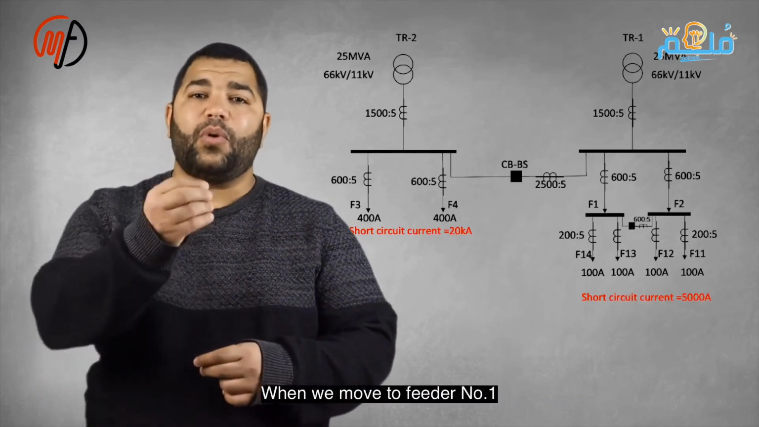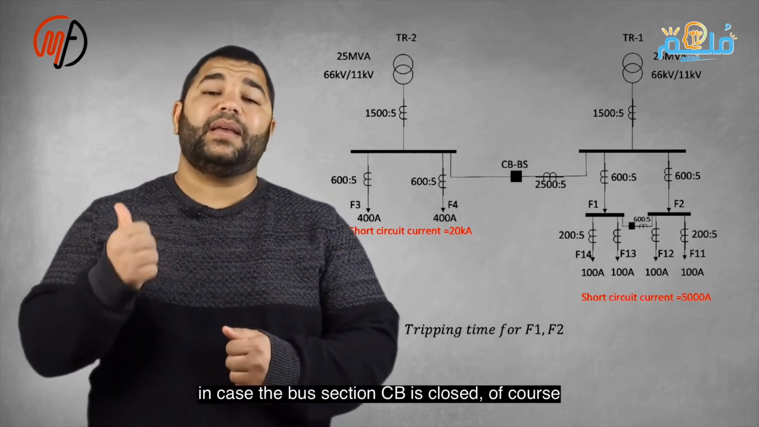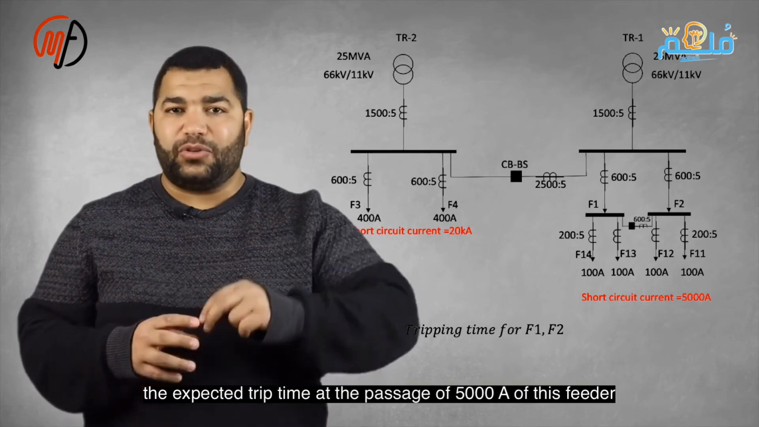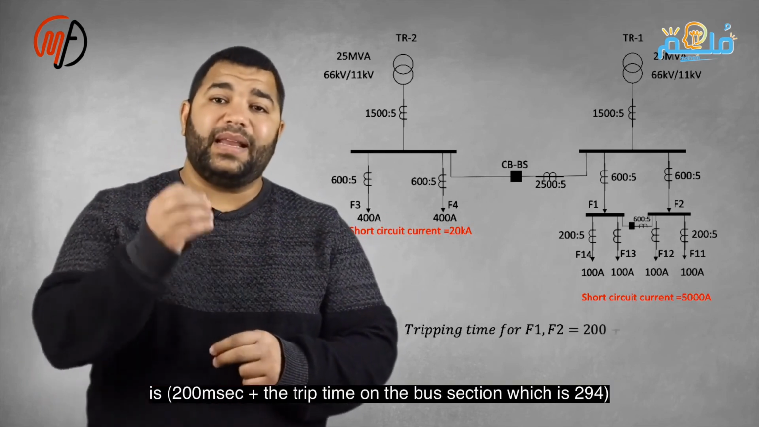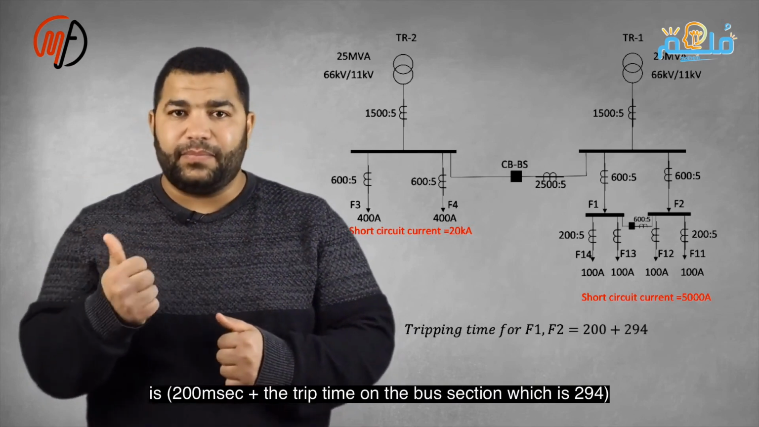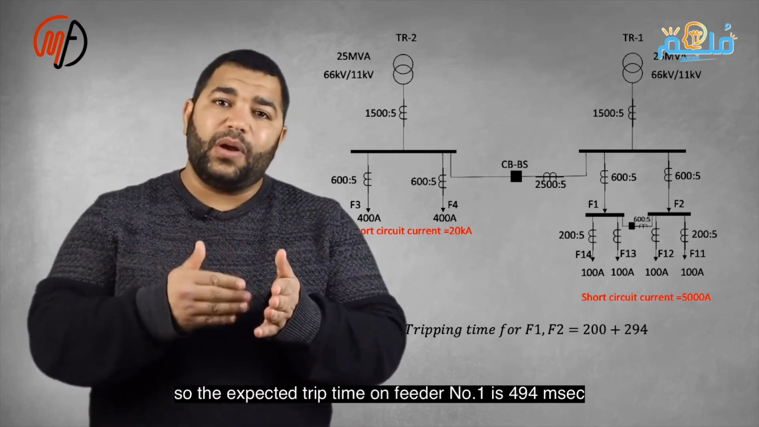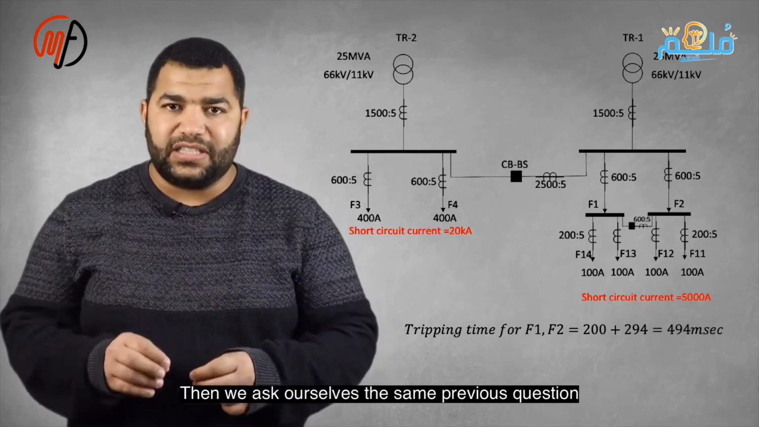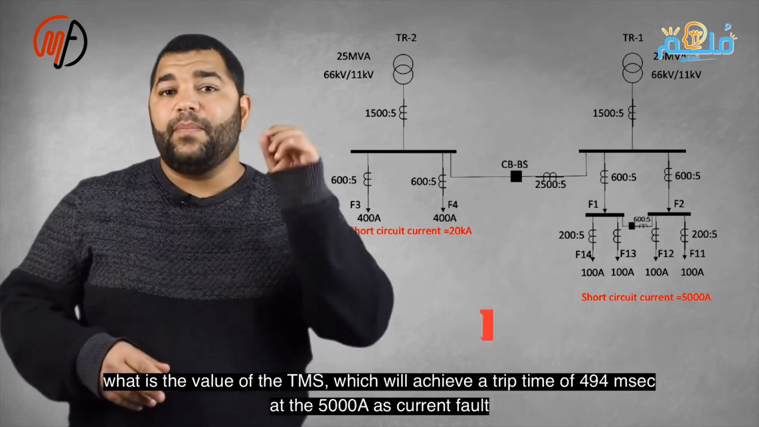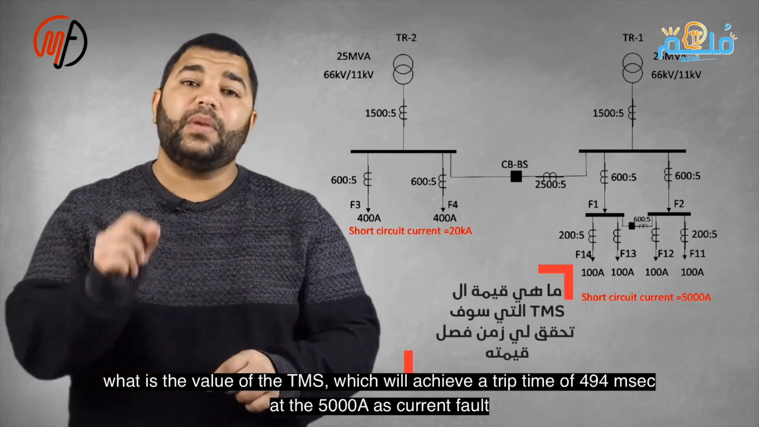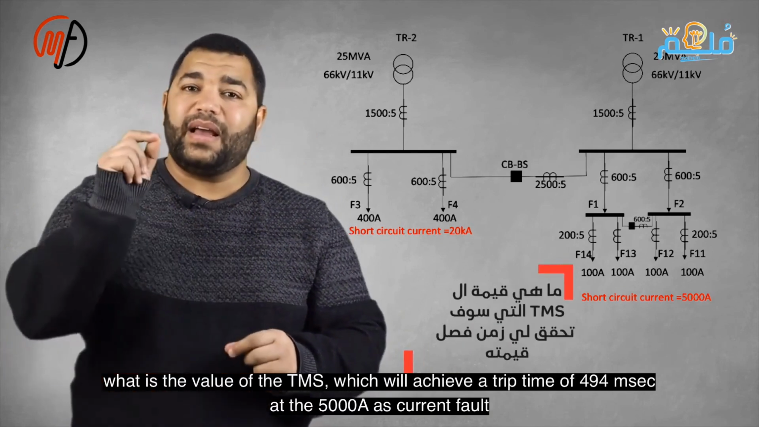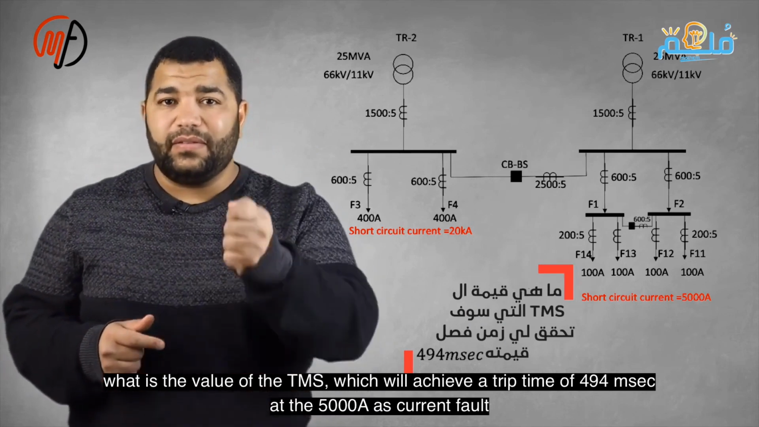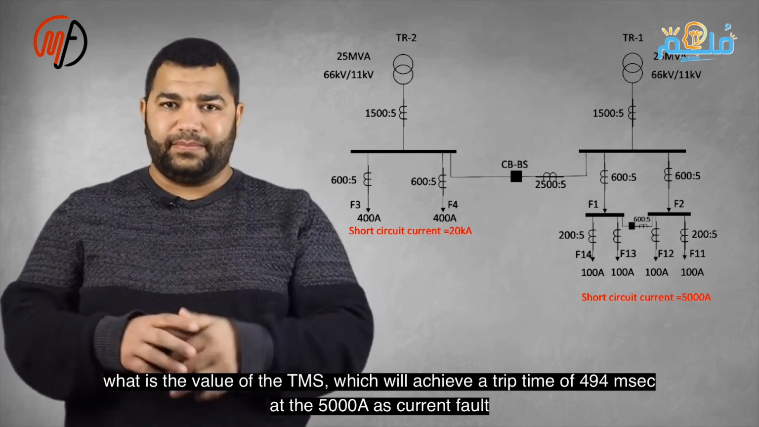So, when we move to feeder number 1, if it is closed, the expected trip time when 5000 amps flows from this feeder is the trip time that exists on it. So the expected trip time on feeder number 1 is, and then we ask ourselves the same previous question. What is the value that will give me the trip time when a fault current of 5000 amps flows? To achieve a trip time when a fault current of 5000 amps flows,